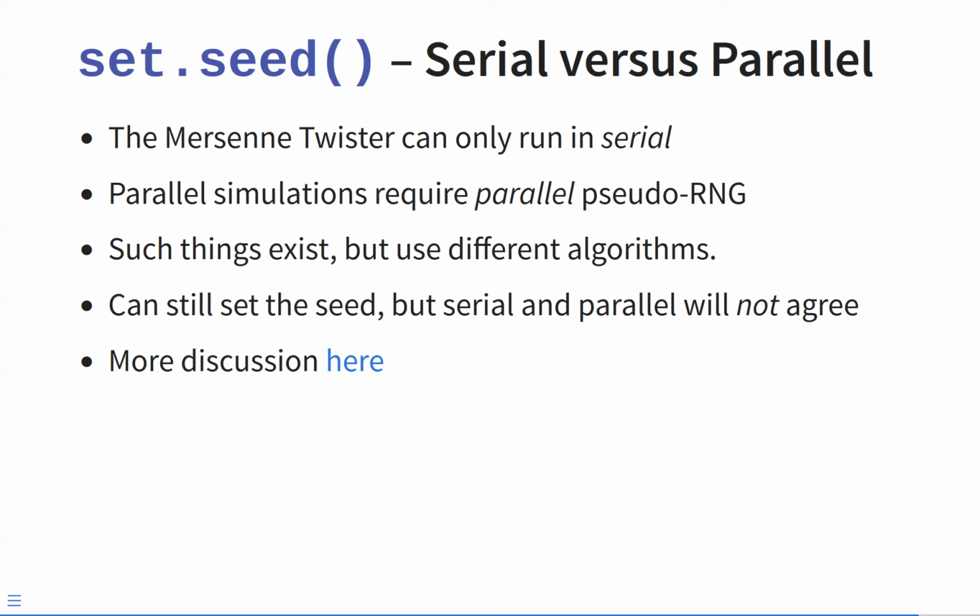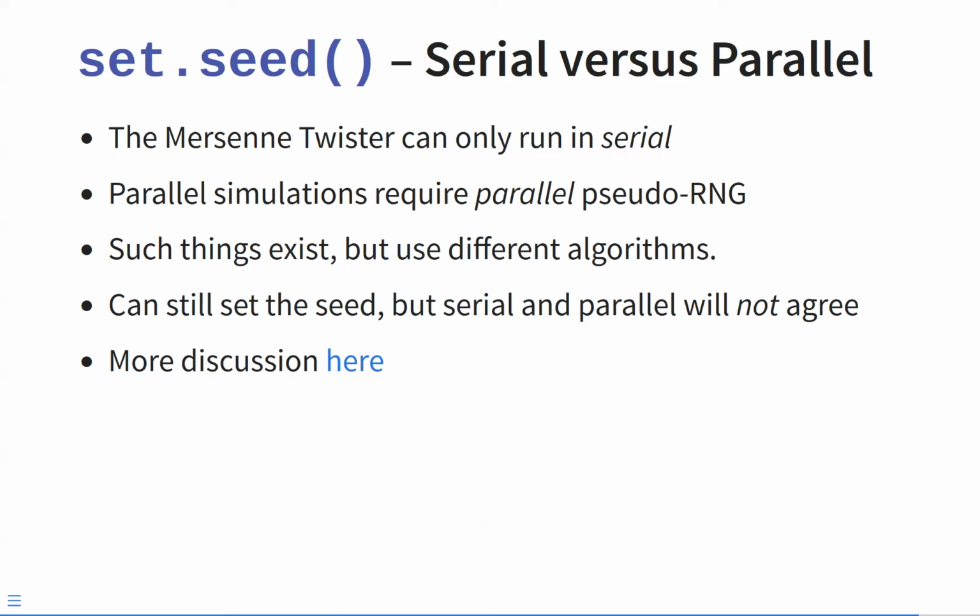So it turns out that the Mersenne twister, which is our favorite RNG we learned about in our lecture on Monte Carlo simulation, only runs in serial. But parallel simulations require parallel pseudo RNG. Such things do exist, but they use different algorithms. You can still set the seed, but you have to note that serial and parallel are not going to agree